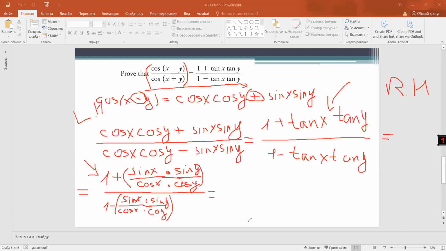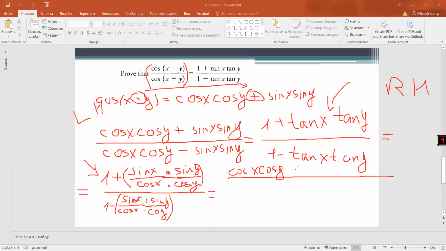We have to bring it to a common denominator, or multiply 1 on top by cosine x times cosine y, both numerator and denominator, and on the bottom multiply by the same multiple. What are we going to get as a result? We're going to get cosine x times cosine y